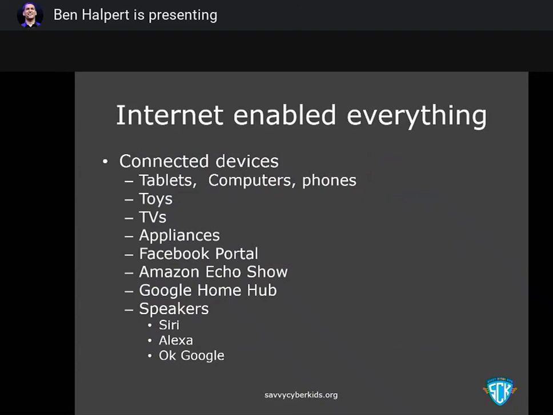Smart speakers are fine if you are okay knowing that everything you say is being recorded by the companies. If you're okay with that, then it's fine to have in your bedroom and your kids' bedroom. Some people are not okay with that. And by the way, they're recording all the time. Otherwise, how would they even hear the wake word?